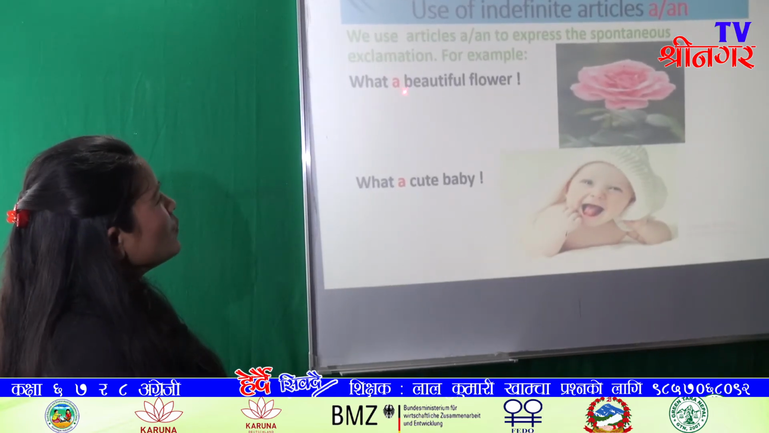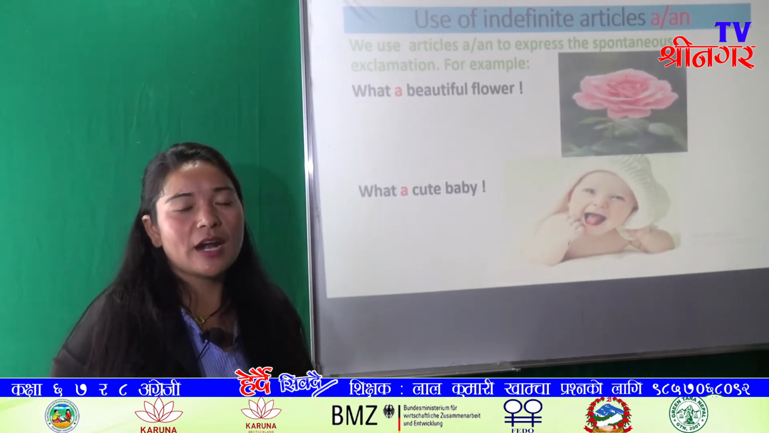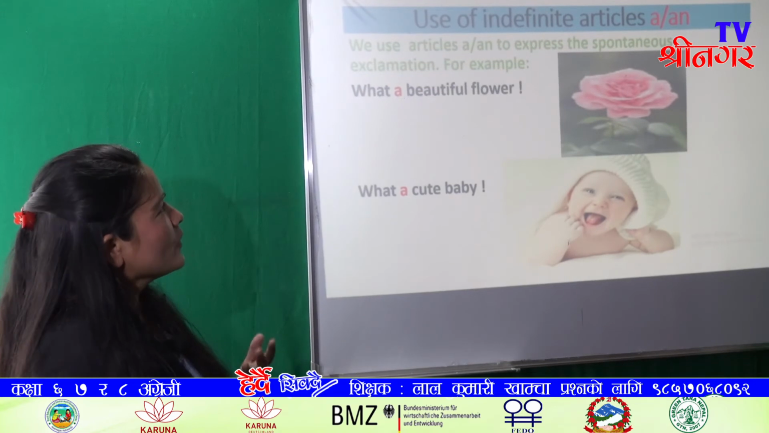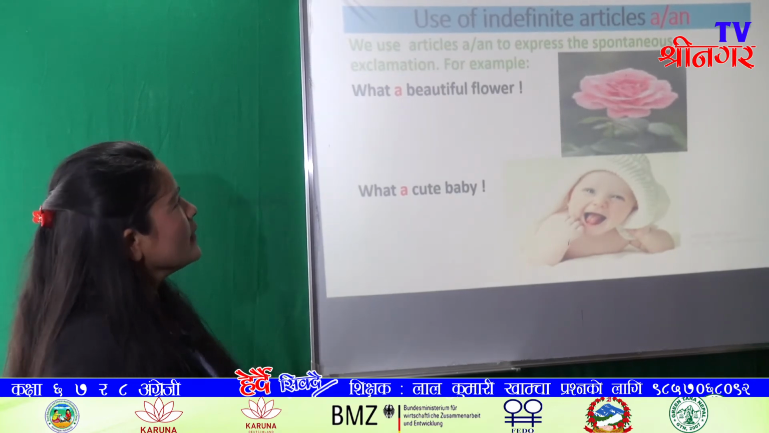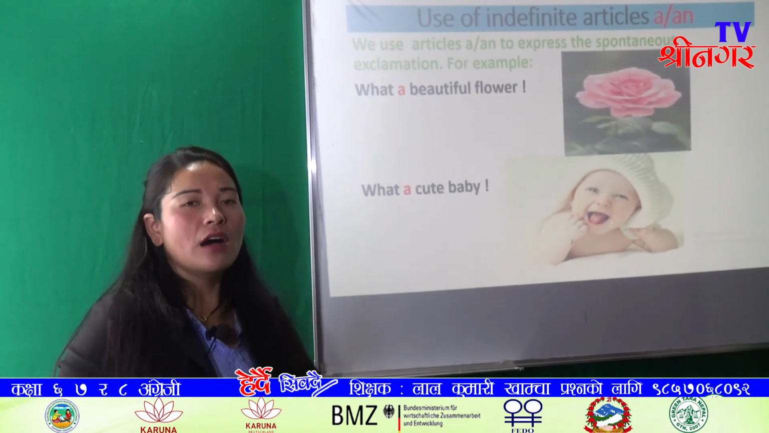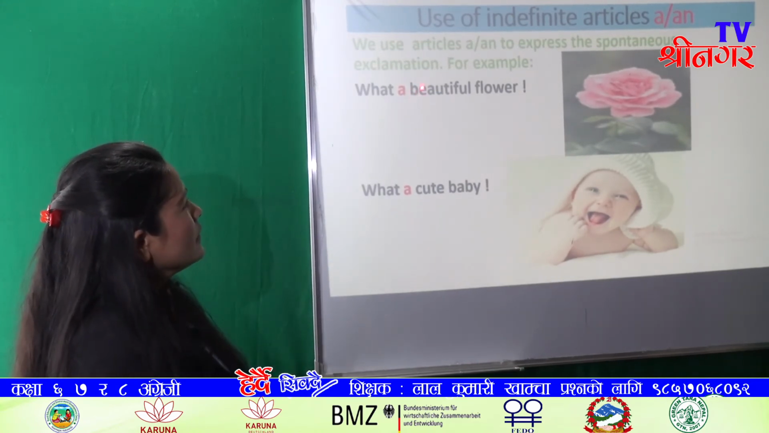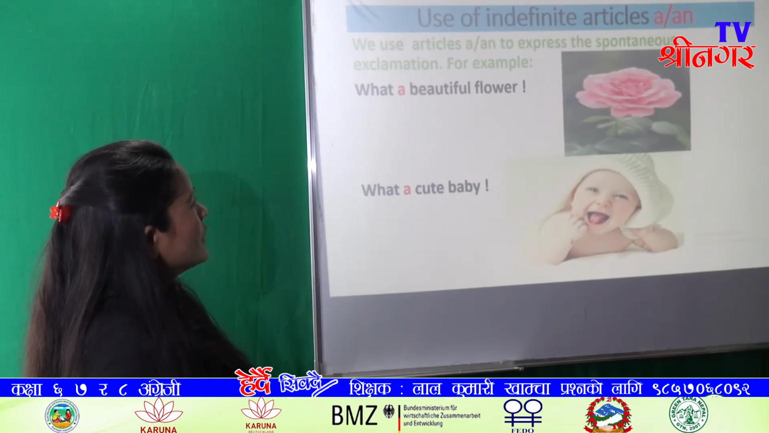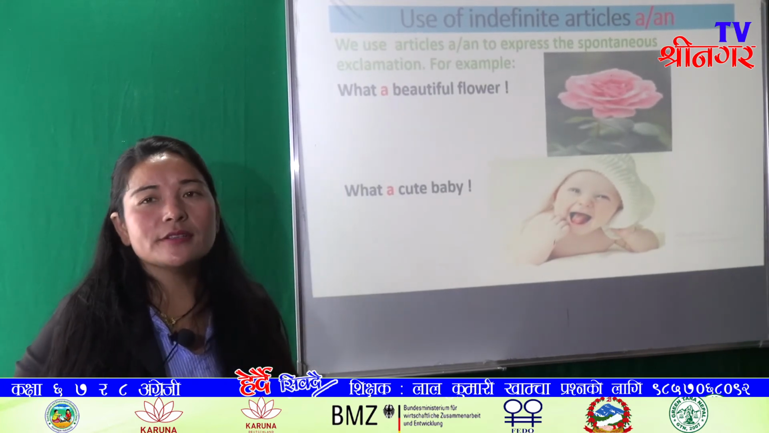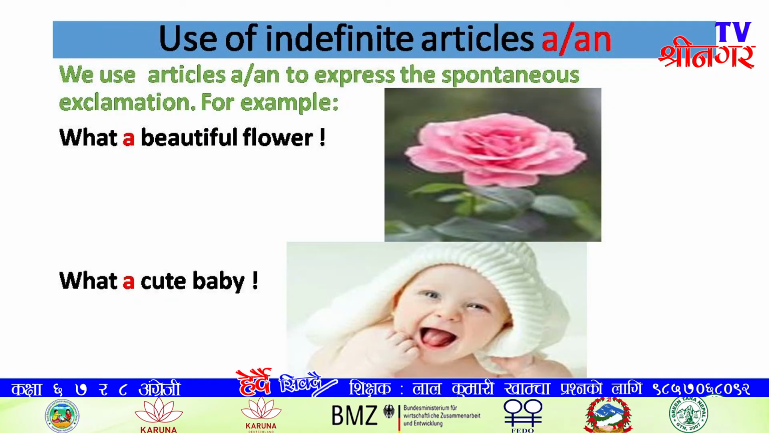Okay, in this sentence, "What a beautiful flower," this sentence expresses our emotion, our surprise. So when we express our emotion or our spontaneous exclamation, at that time we have to use article a or an. In this sentence, a is used because the first letter of the word beautiful has a consonant sound. Beautiful, you know, B is a consonant sound. So being a consonant sound,